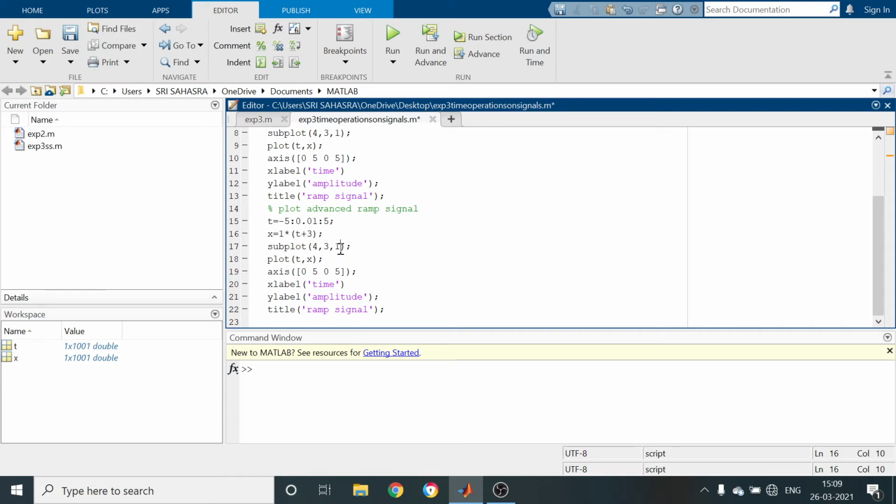Subplot 4, 3, 2. So here I am going to give time, amplitude, and the title advanced. So here I am going to save it in an x1 variable. Plot t comma x1. Again save and run the program.